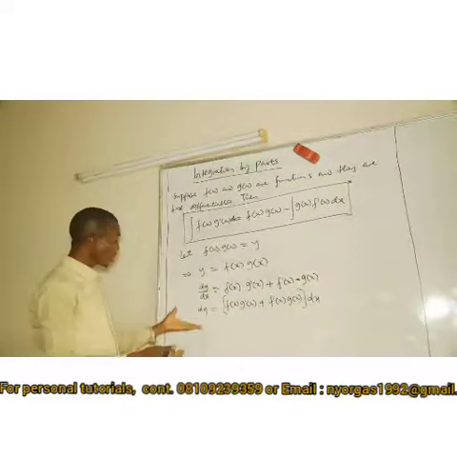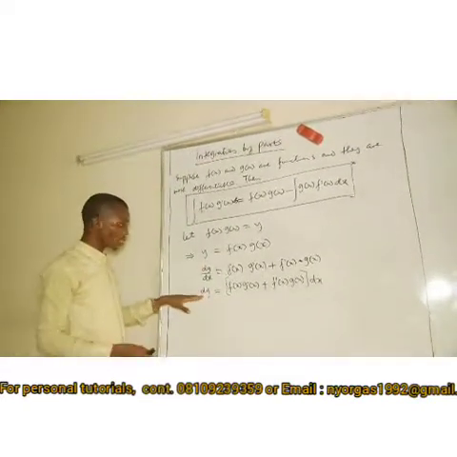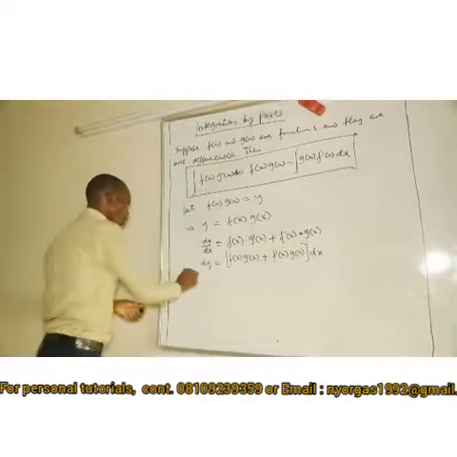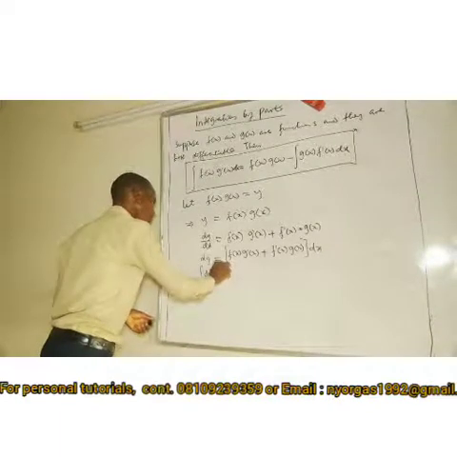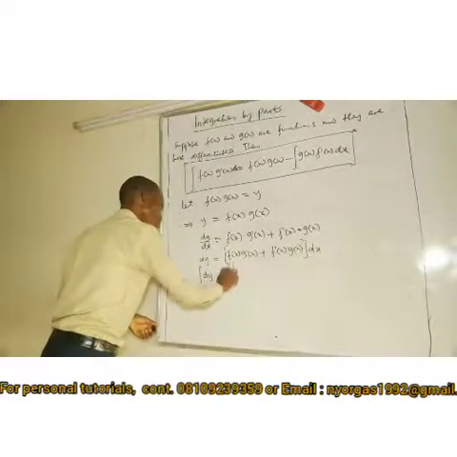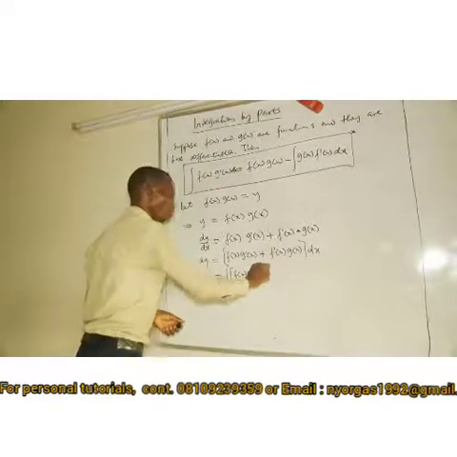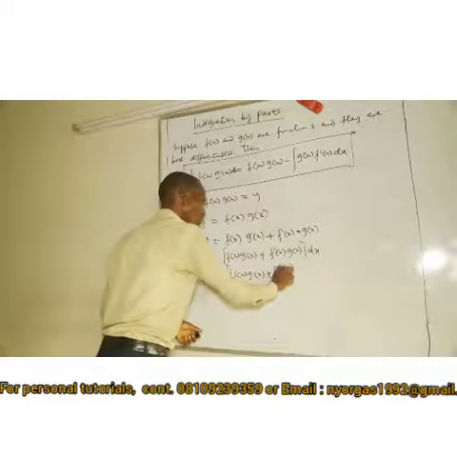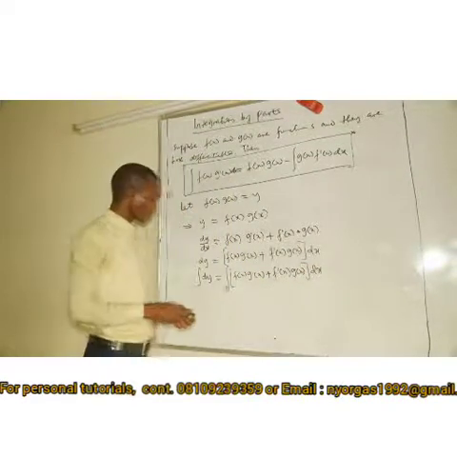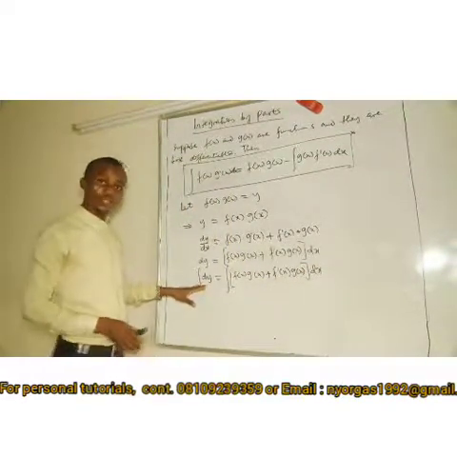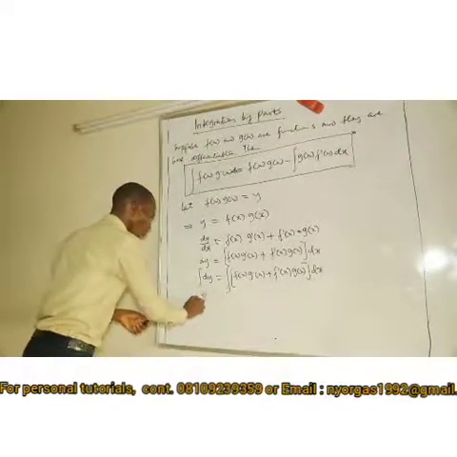So now, if I want to get my y back, I have to integrate this. So integrating, you have the integral of dy equal to the integral of f of x g prime of x plus f prime of x g of x dx. Now we know that if we integrate dy, the result is y equal to